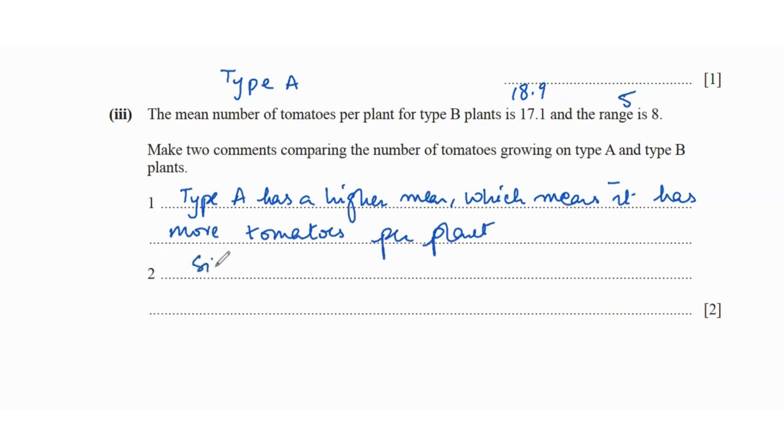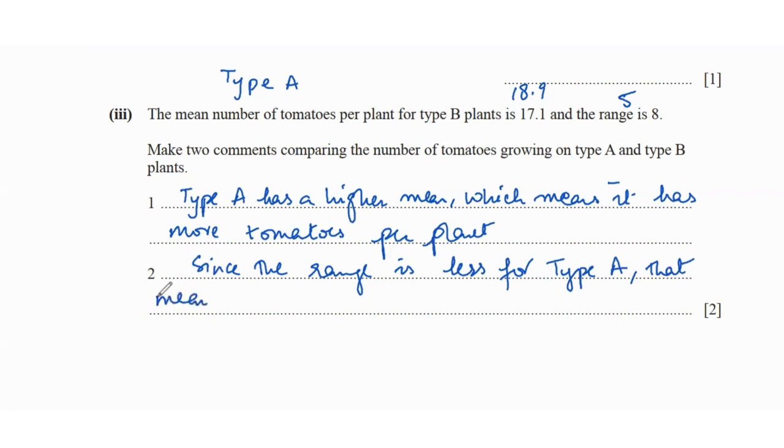And since the range is less for type A, that means that the number of tomatoes per plant